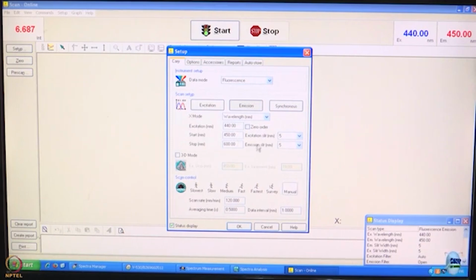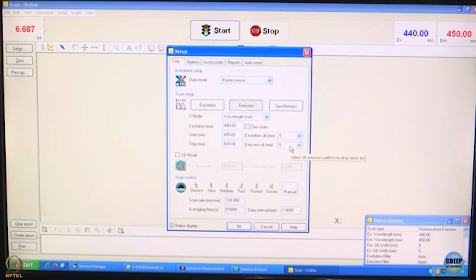Now, the other important parameters to note are excitation and emission slits, and you might see that they are written in nanometer. So, what this slit means is the bandwidth of the light that goes through at this wavelength. So, essentially we are saying that we are exciting with 450 nanometer plus minus 2.5 nanometer, and when we record, then also we record at plus minus 2.5